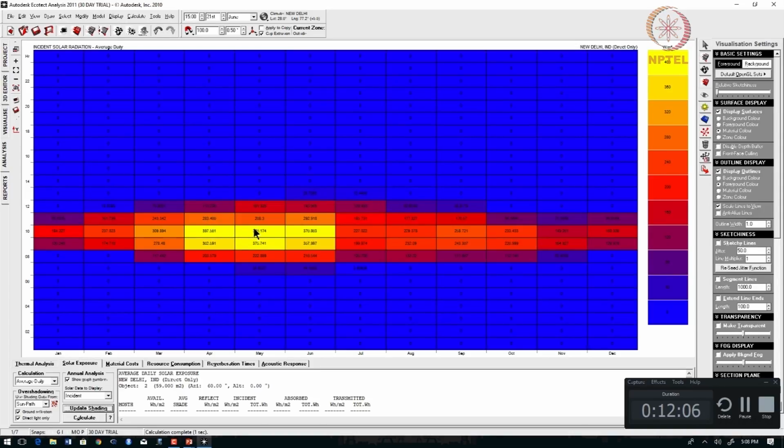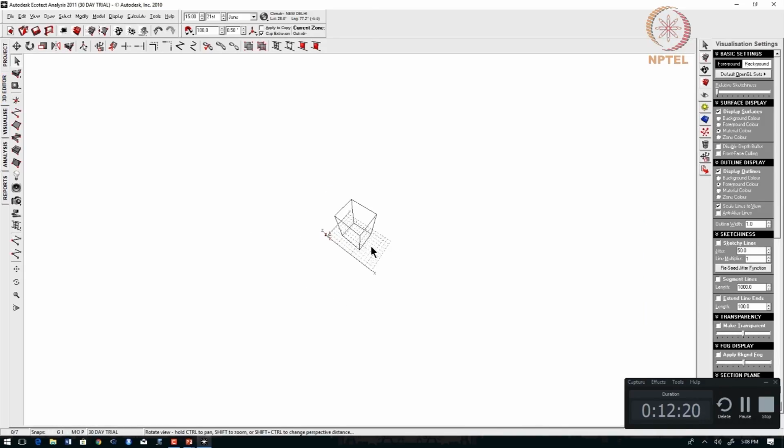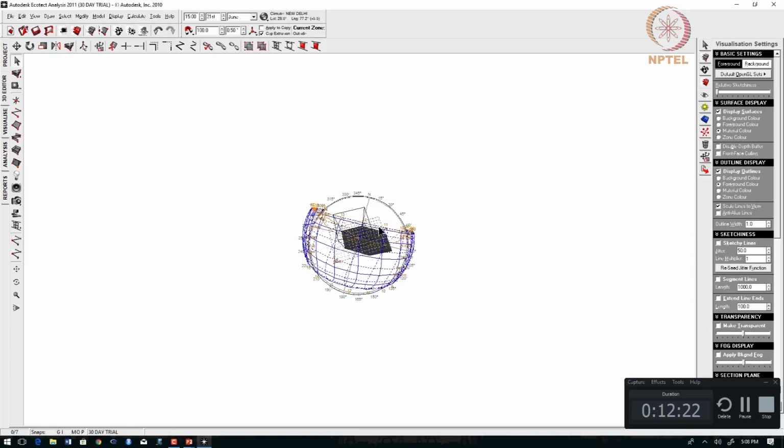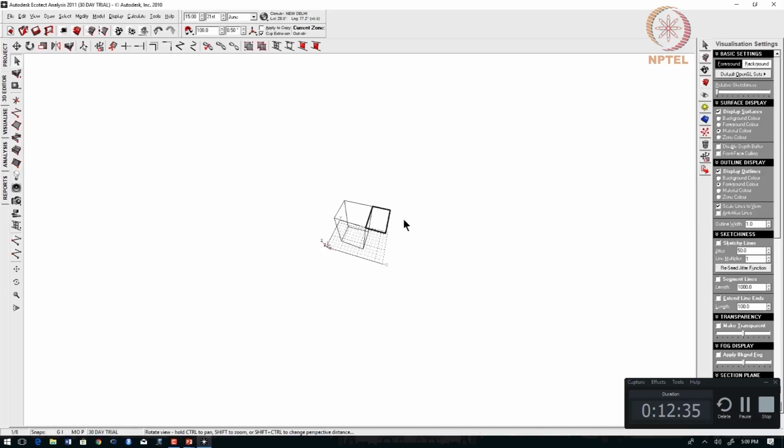The takeaway from this is we need to also consider the nearby buildings and the surroundings of the site, and we should try to incorporate that in our analysis, then only will you get results close to reality. That is one thing you need to consider, and also in this tool you can even simulate the effect of shading. Say for example, you have an overhang. I am just making a random overhang, please do not